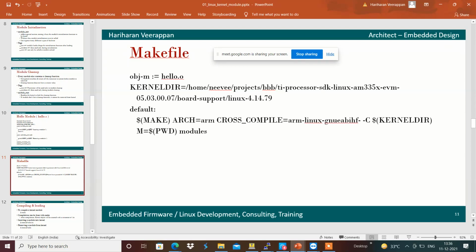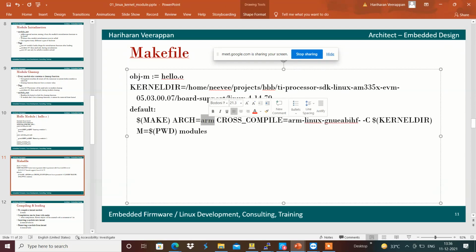Our architecture is ARM, and it wants to cross compile with respect to GNU EABI, and it has to change to the present working directory and build for the modules. For that we are giving M equal to pwd over here, and the kernel directory which it has to use, that we are providing with the -C kernel directory.